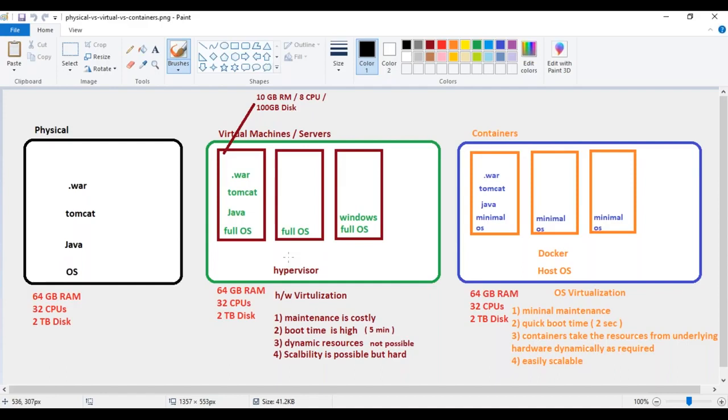Now the last one is scalability. With VMs, scalability is possible. Yes, we can scale them, but it still requires a lot of configuration. After you create a virtual machine, let's say I want to replicate my production from 10 servers to 20 servers. First, I need to create virtual machines. You could say that we could build an image, but again that will cause a lot of issues.